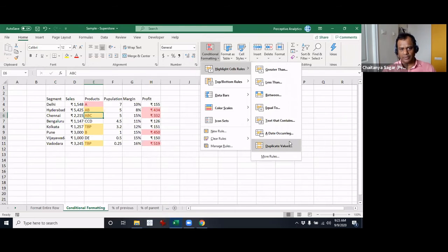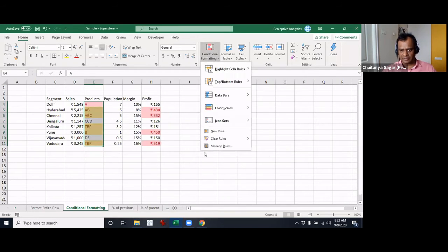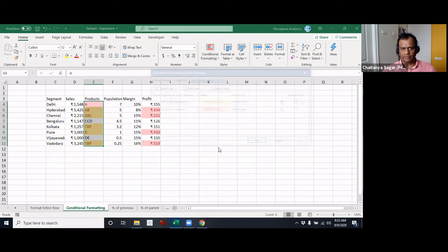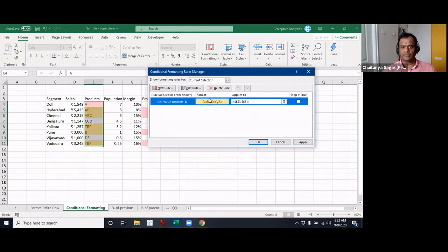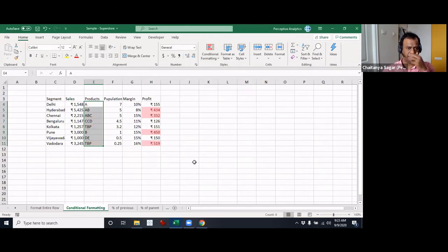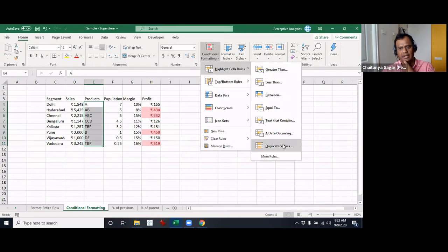And let's look at the duplicate values. I think this would be interesting. So duplicate values. I think we do have some duplicates. What I'm going to do is just clear the formatting right here, clear conditional formatting. So manage rules, I'm going to delete, these are the only ones anyway. I'll delete these two. All right, so now let's come back here and look at duplicates.